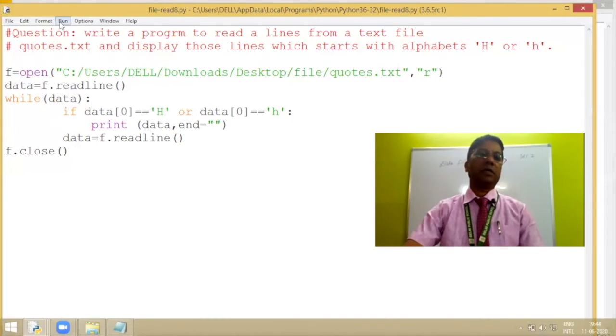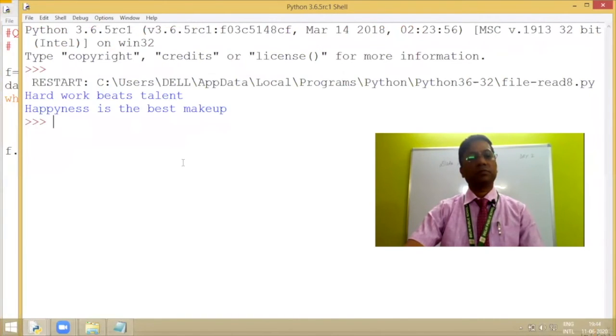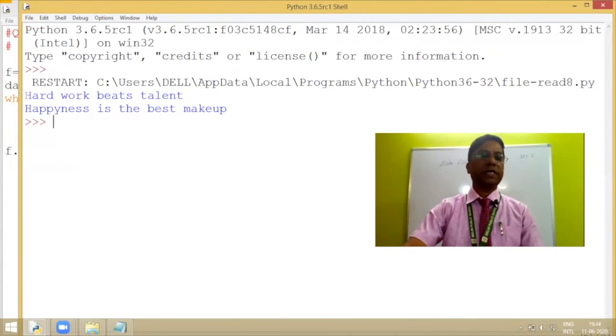Let us run and see the output here. Yes. So I have two sentences in my file, codes.txt, which start with the letter H: Hard work beats talent. Happiness is the best makeup.